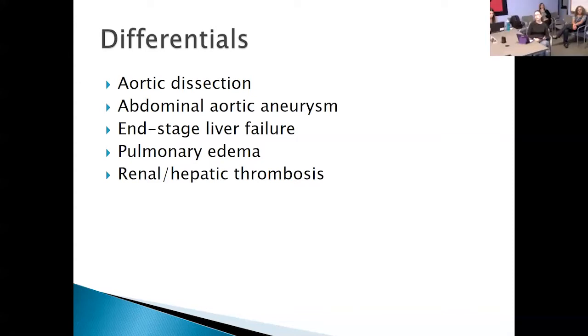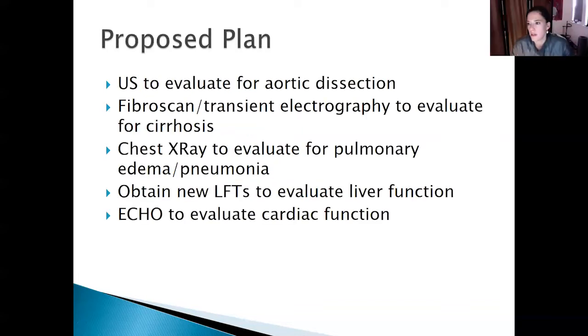So we ended up ordering an ultrasound. Our first concern was aortic dissection or aneurysm. The rest of the, you want to talk about it, Debbie? Go ahead. So in real life, an ultrasound was ordered just to evaluate for any severe concerns for aortic dissection. But some of the other things that we had talked about is